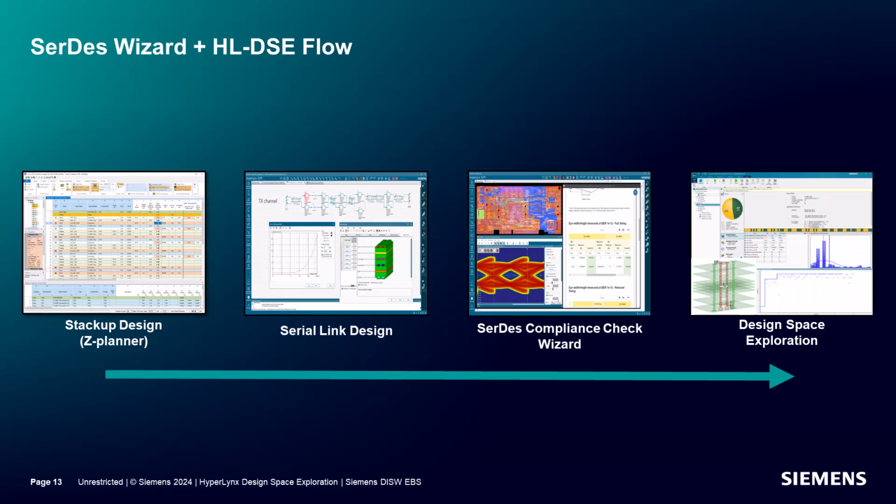Unlike the SerDes Compliance Check Wizard, you'll be able to select exactly which result values you're looking for in this type of simulation. Hyperlinks DSE can be used to do robustness and reliability analysis on designs, which allows you to add variability to most parameters in a design and then see how that affects the end results. Parameters such as trace width, trace length, separation, stack-up variables can all be varied and swept, just as if they were in the Compliance Check Wizard.